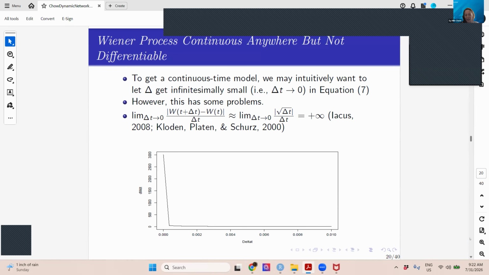So I may be going left or right, east, west, in a somewhat random manner. So the change in the Wiener process, or the change in process noise, you can think about as how much my location changes. I'm wandering around a lot, right? But a characteristic of these linear processes is that the amount of change in process noise is larger as delta t, the time interval, gets very small. So if you want to look at the rate of change in the linear process per unit of time, the denominator gets to zero quicker than the numerator. So then it explodes. So then we write the equation in continuous time in differential form, moving dt to the right-hand side of the equation.